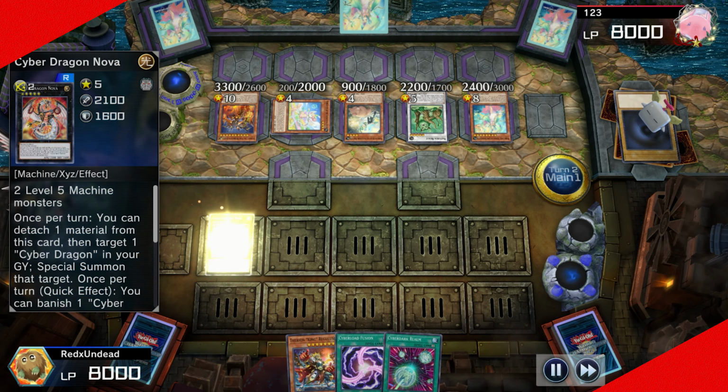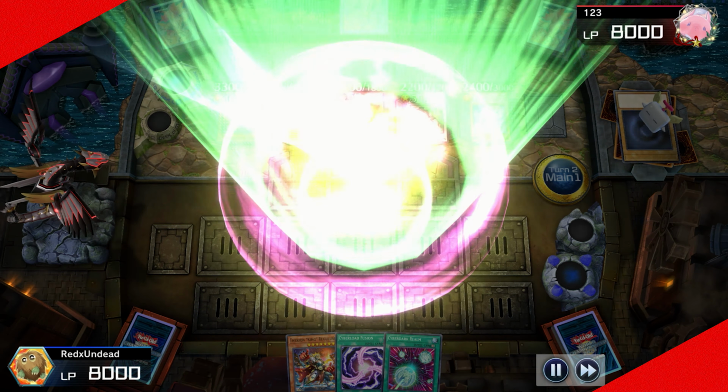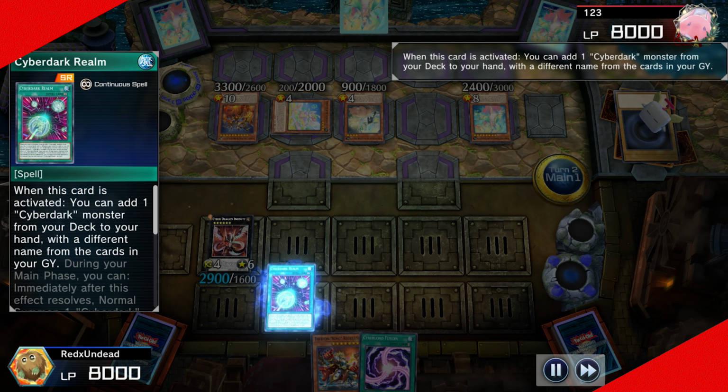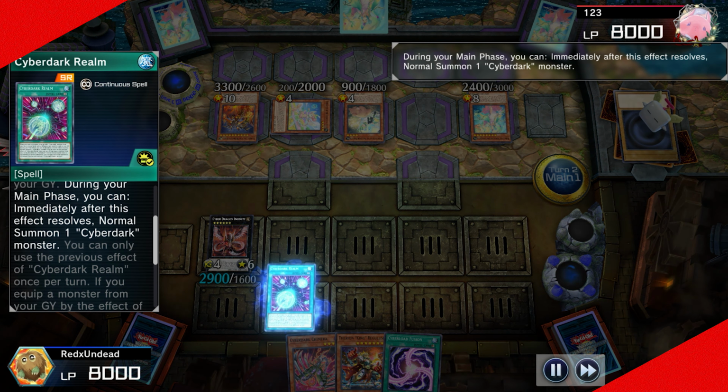Now I didn't want to mess around here because I wanted really to get straight into the Omni Negate to make sure he couldn't do much to play back against us. So Cyber Dragon Infinity, we grab that Naturia Beast straight away, and then of course we play Cyber Dark Realm. Cyber Dark Realm, second normal for Chimera,